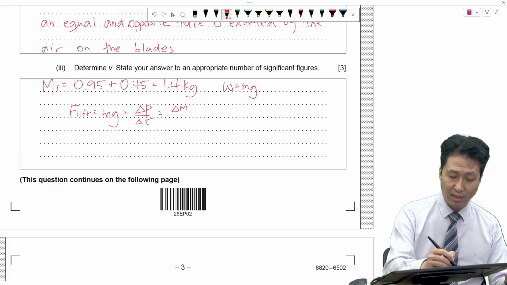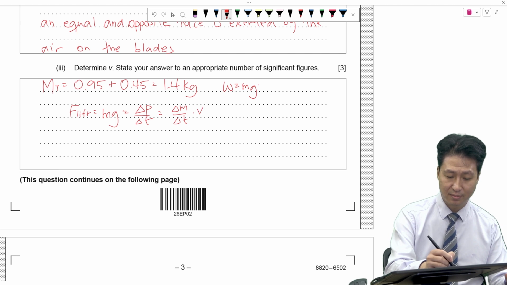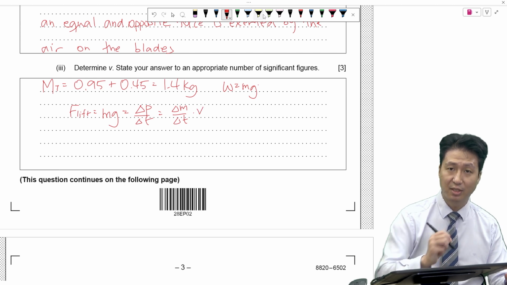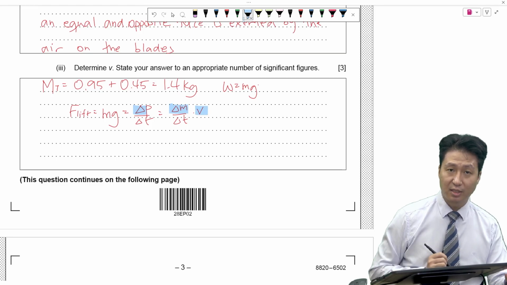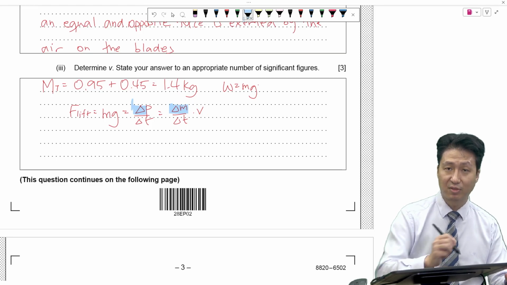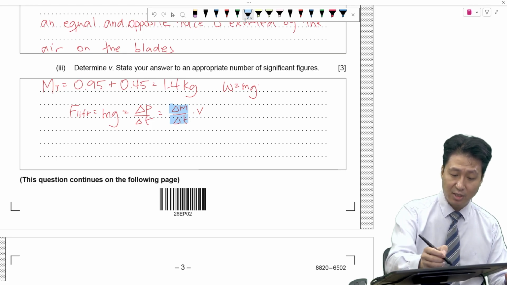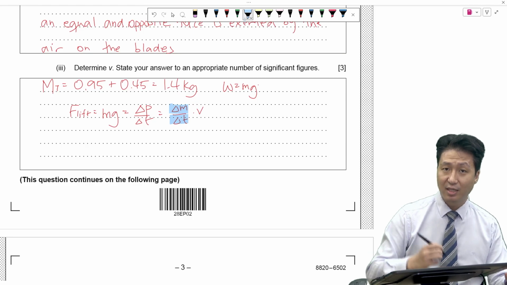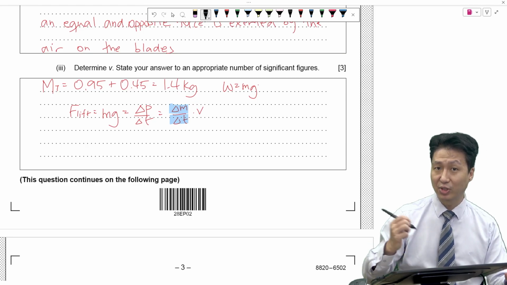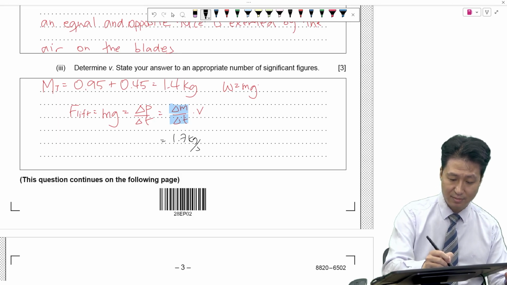This would be the amount of mass of the air that passes through every second multiplied by the velocity. So here, the impulse or the change in momentum is the change in mass times the velocity. But the reason we write it like this is because the change in mass over time is a quantity that is given by the problem. The number of kilograms per second. This is 1.7 kilograms per second